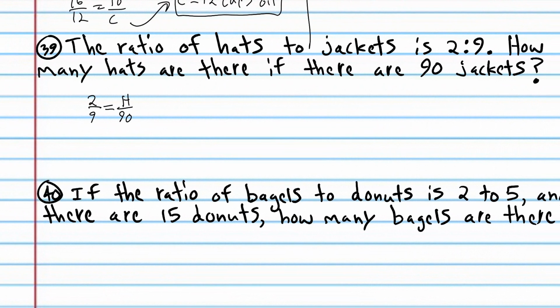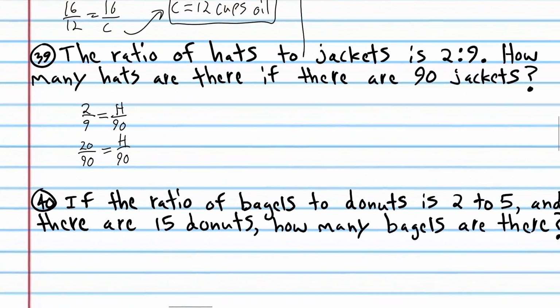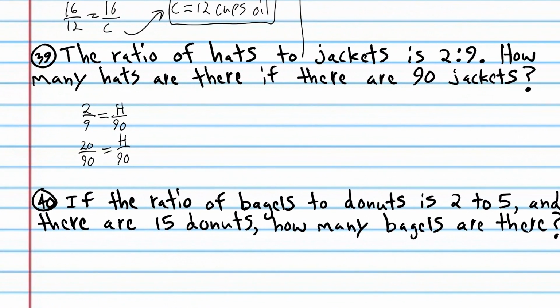All right, so we're going to multiply both sides of this fraction by 10, and you get 20 over 90 is equal to H over 90. So obviously H is equal to, I guess I can just write it down here, H is equal to